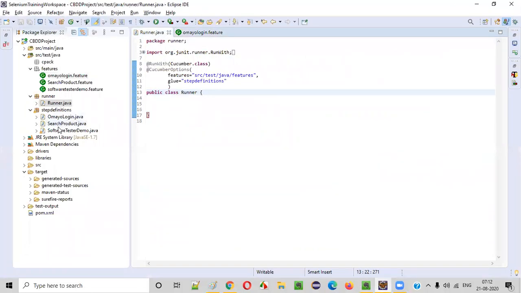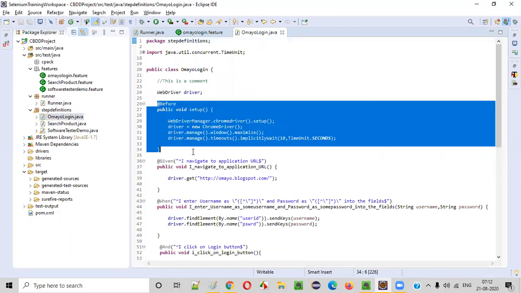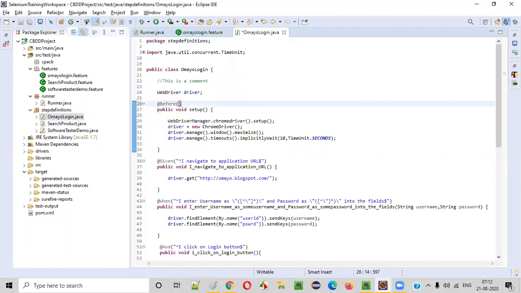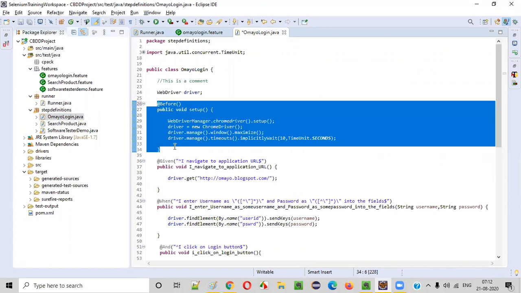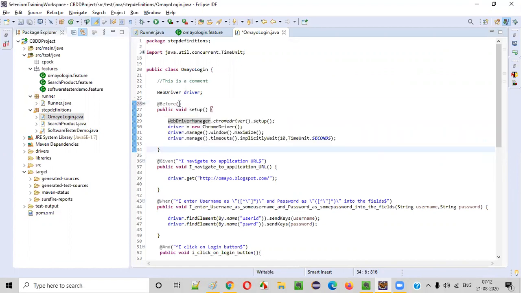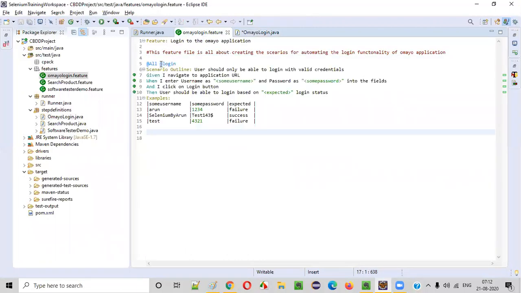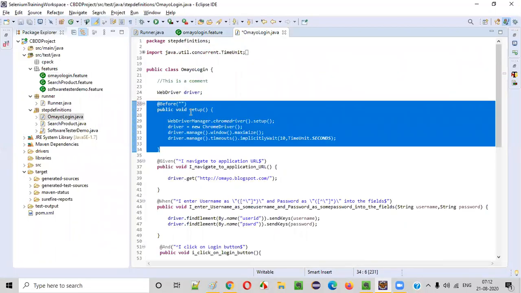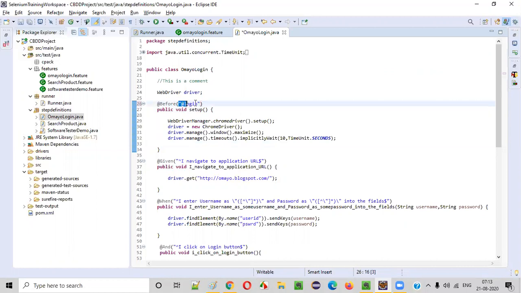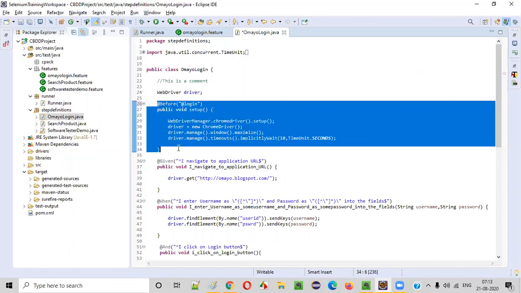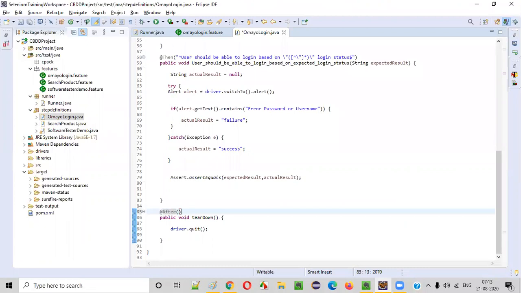Go to the place where you have written this @Before, @After. Provide the round brackets to specify for which scenario this particular @Before hook should work. For that, you have to tag these hooks. Put the double quotes here. Here, provide the tag of the scenario for which this particular @Before should work. If I go to OrangeHRM login, this @Before should only work for this scenario. There is a tag known as @login. So come here and put the tag here. That's it. Only for this tagged scenario will @Before run from now onwards. Now go here, then put the round brackets, double quotes, same thing, @login.